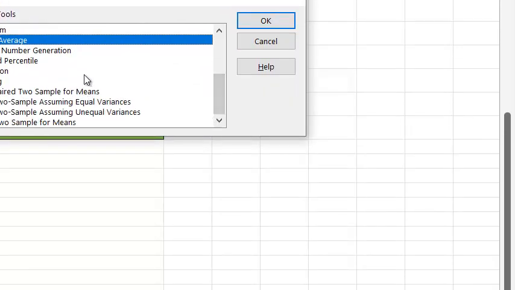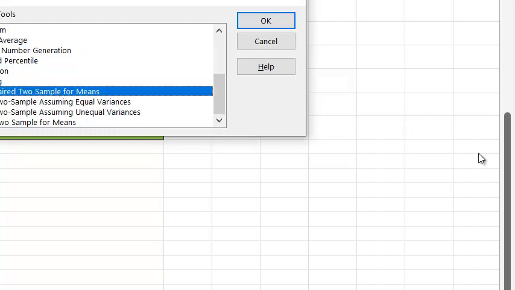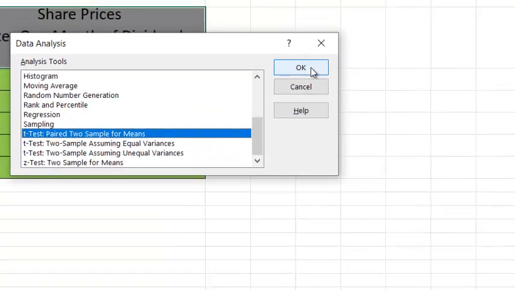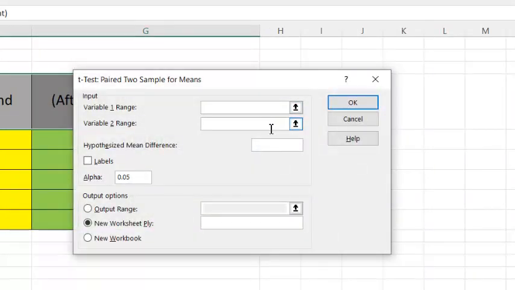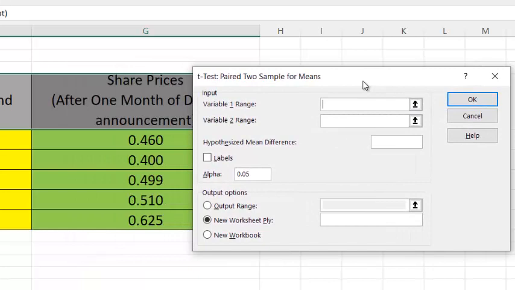From this Data Analysis ToolPak, I will select t-test: Paired Two Sample for Means. After selecting it, I will click OK. Now the first variable I will have to select. As I said, we test the same variable at different intervals of time belonging to the same entity.